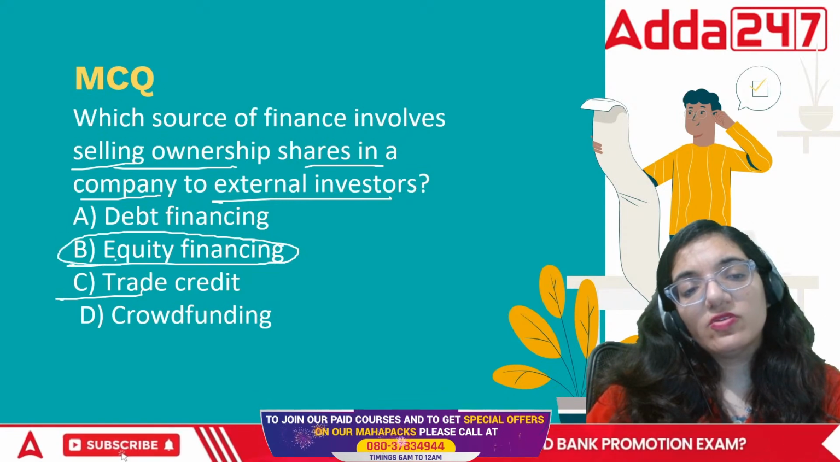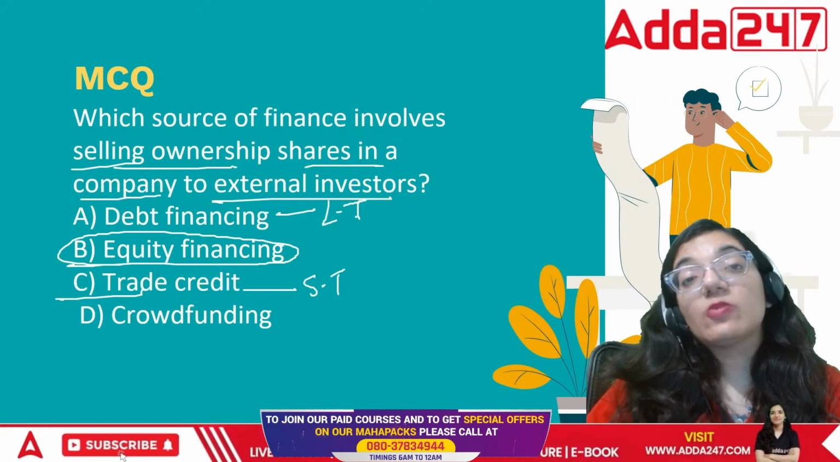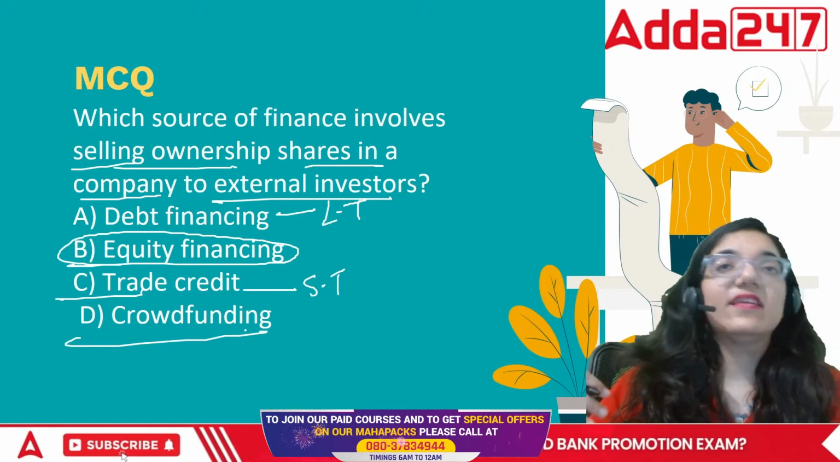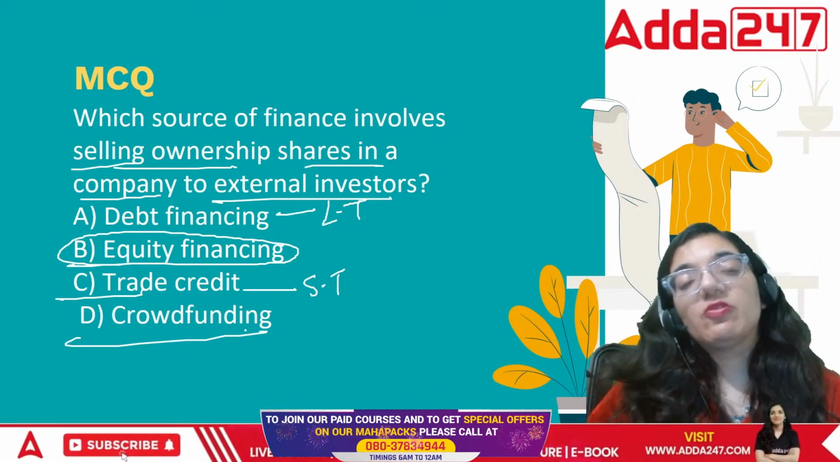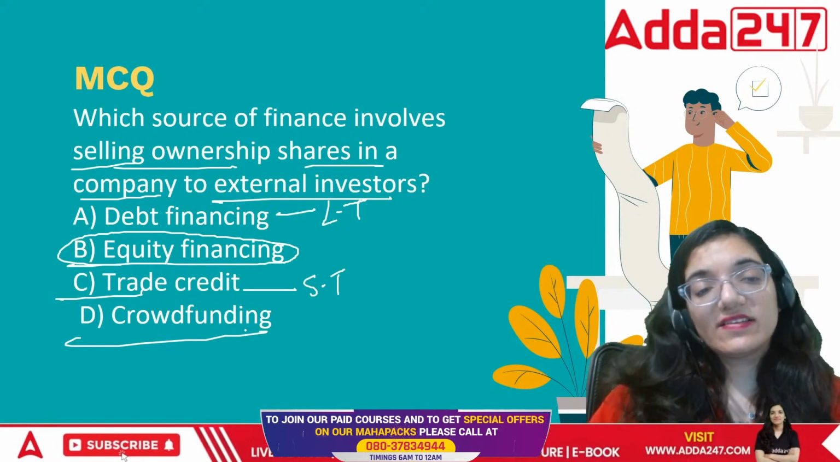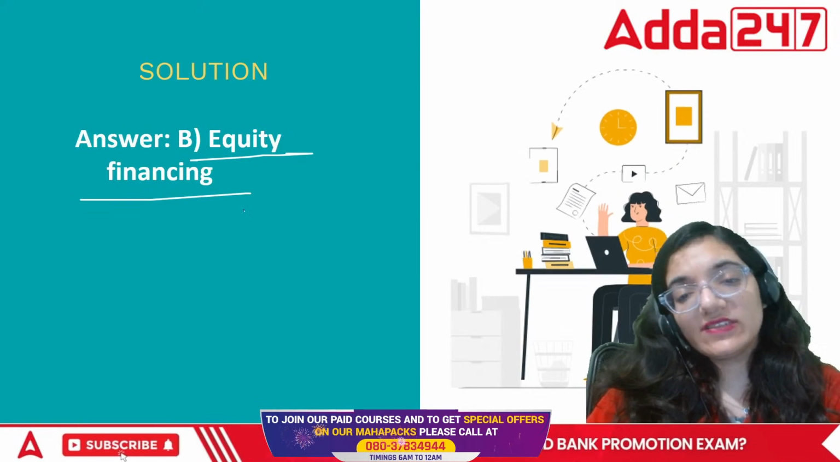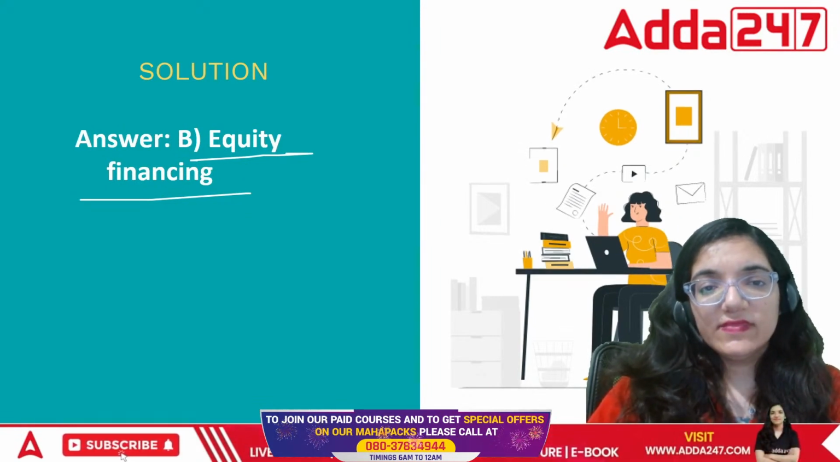As I told you, debt is for long term, trade credit is for short term, but these are outsiders' liabilities. Crowdfunding is not there in our country. This is again raising money from people, and they will pay you as much amount as they would like to. In this case, the right answer is equity financing. It's the ownership of the organization, na? Then